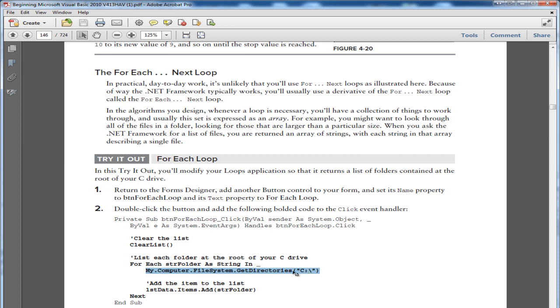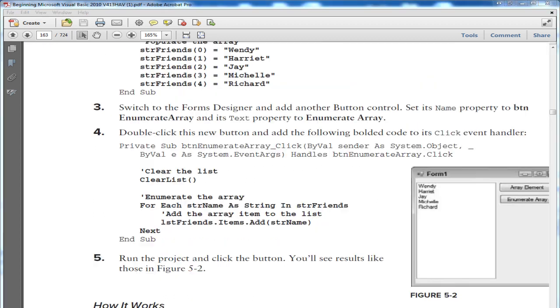For each directory under the C directory, we did something, right? So that was basically an array of all of the directory names under the C drive. Now going back to what we're doing now,